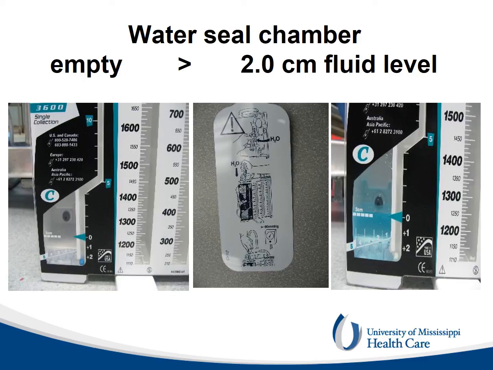The wall suction is then applied in excess of -80 millimeters of mercury from the wall suction. This suction is not directly transmitted to the chest tube and the pleura. Instead, a suction regulator in the CDU is set by the factory to -20 centimeters of water. It can be regulated from -10 to -40 centimeters of water, with this rotary dial on the left upper side of the CDU, as decided by the responsible physician.